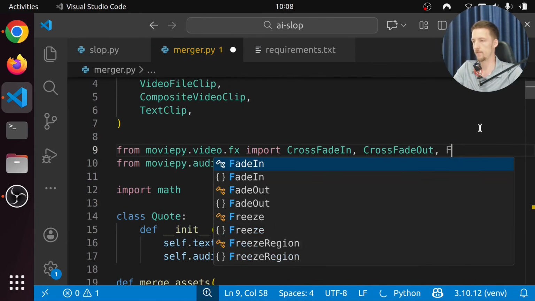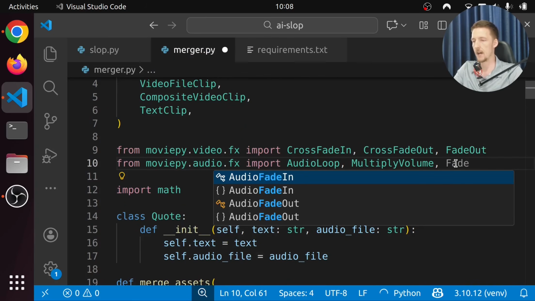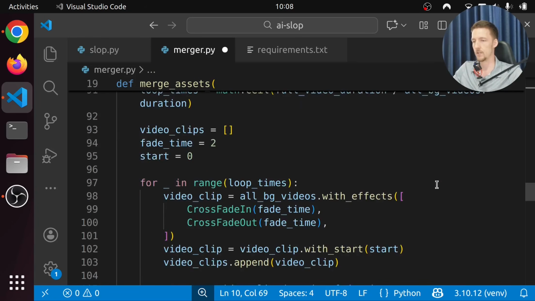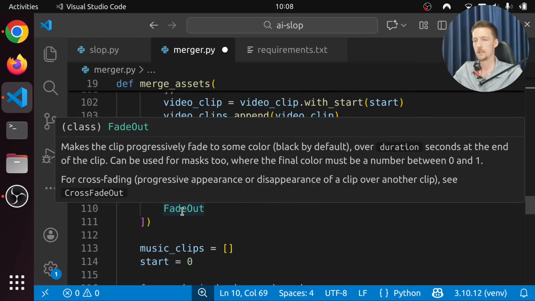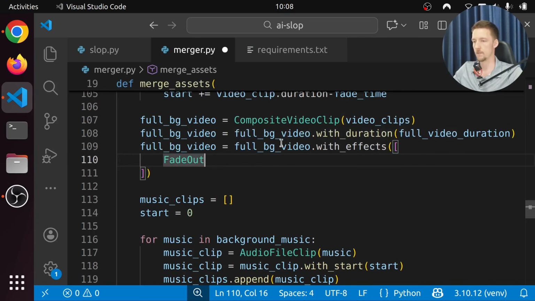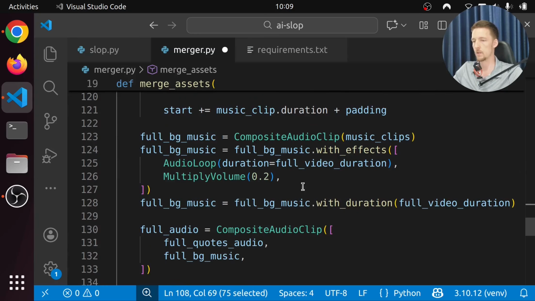So let's take fade out from here. And I think there's an audio fade out as well. So let's do this, fade out, and does it take in something? A duration. So how many seconds do we want to fade out? Let's do 5 seconds.